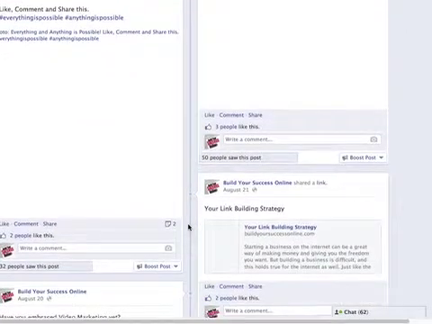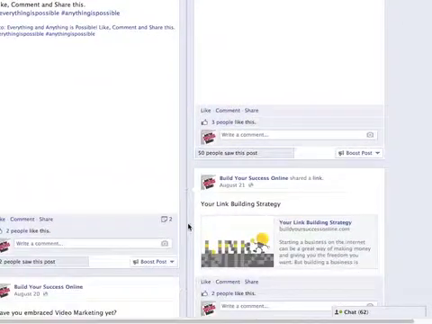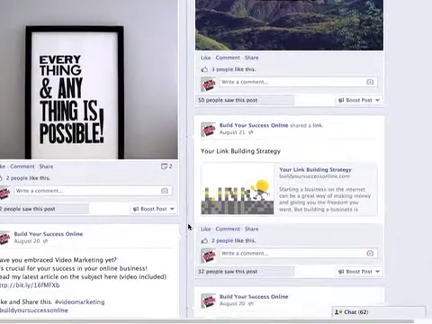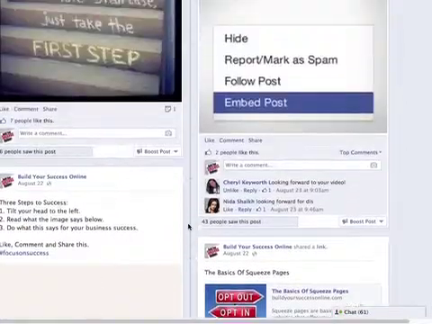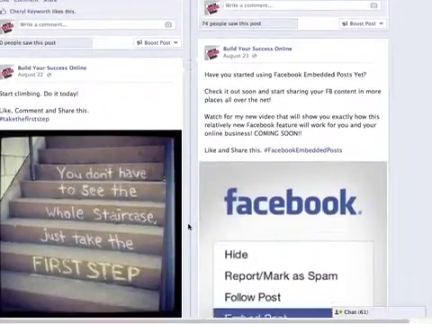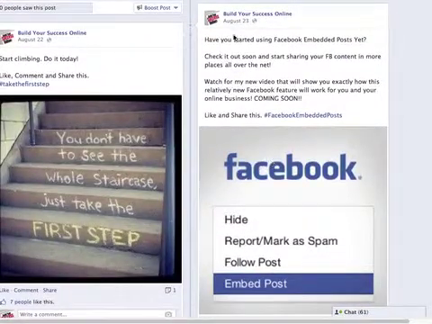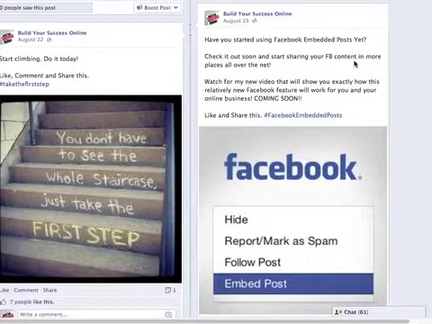Okay. Jumping around a little bit here. There we go. Alright. So I actually wrote this post back on the 23rd of August about Facebook embedding posts